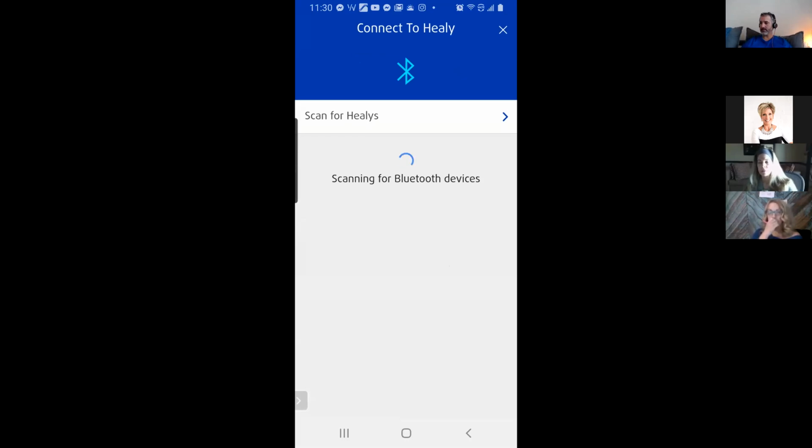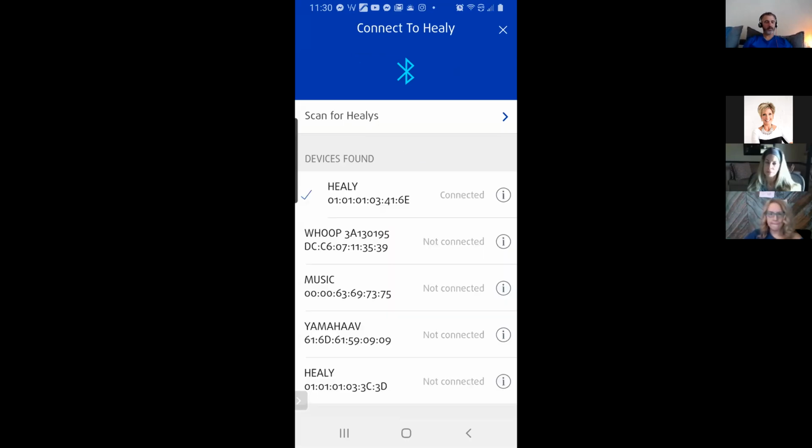So we're going to make sure this is on. It is on. All right. Now, one thing you notice, this says ending in 6E. I have multiple devices in my house, so on the back of it, on a sticky note, I put the last two of the serial number. That way, when I pick up a device, I know whose it is.